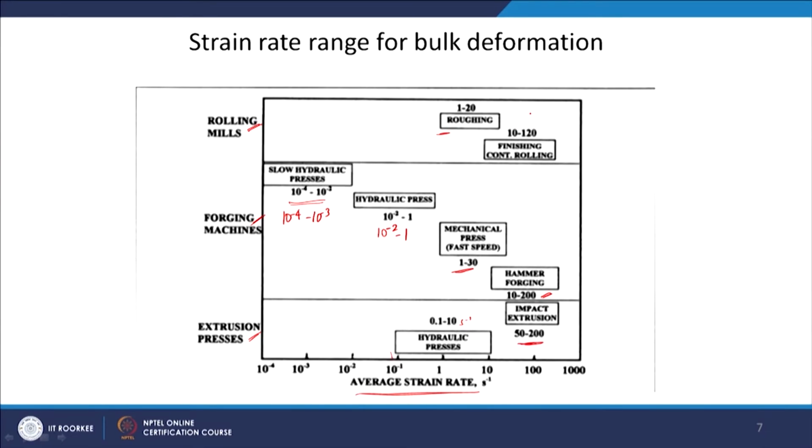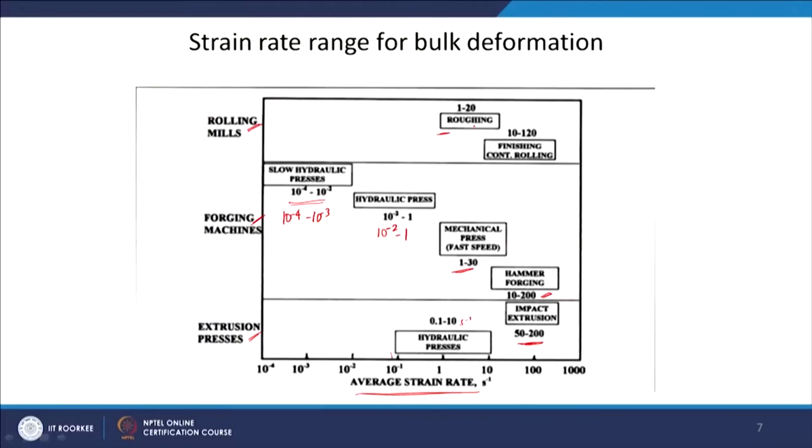So, roughing you usually do in the initial phase of processing. After the ingot casting you have made big ingots, okay, you want to roll it. These are done usually at high temperature. So, there you have roughing, you want to impose higher strain rate, higher strain to the material. And then when it is coming to the final shapes, which is now going out to sell in the market, there we do finishing operation.